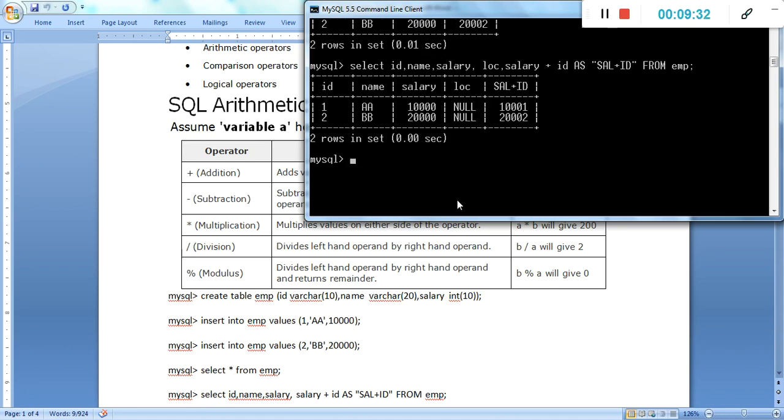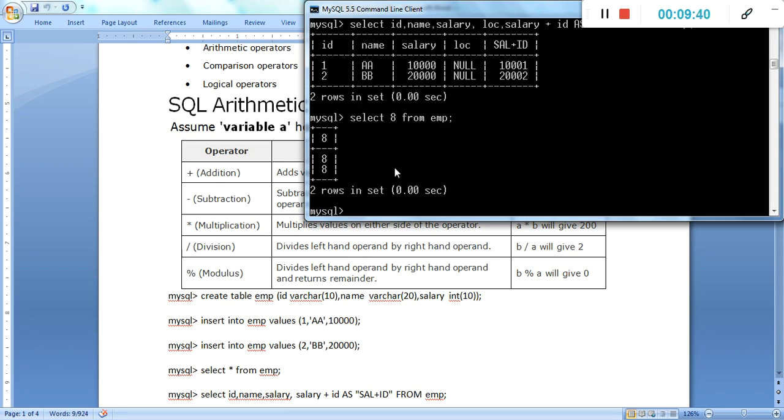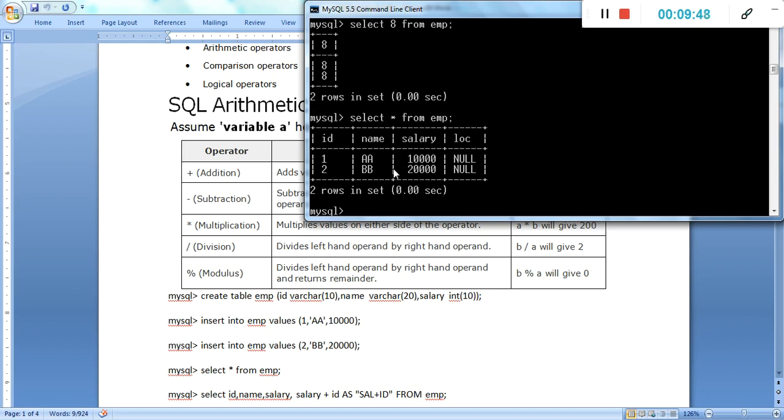We check again with select star from employee. It gives only the records related to the main columns. Whenever we create a new column with the help of as, it is only a virtual creation of a new column; it does not actually update the original table.